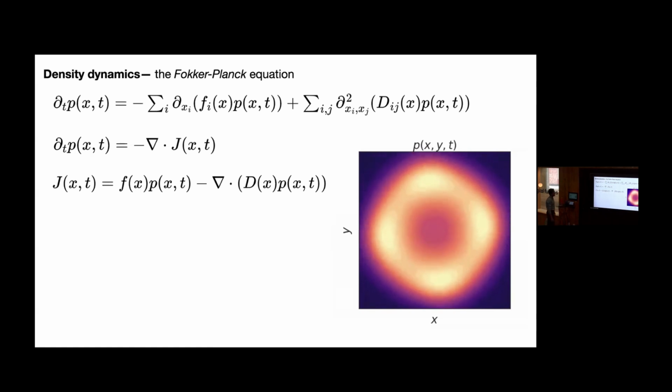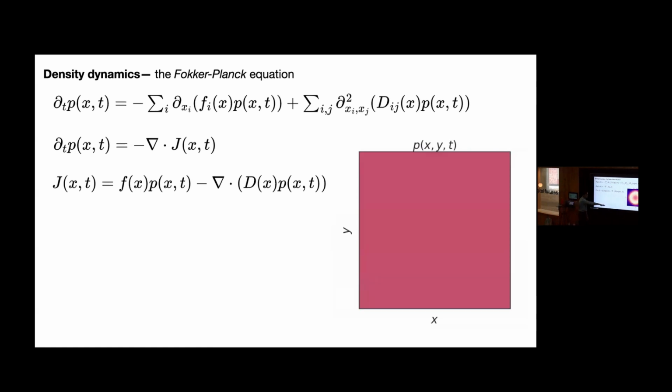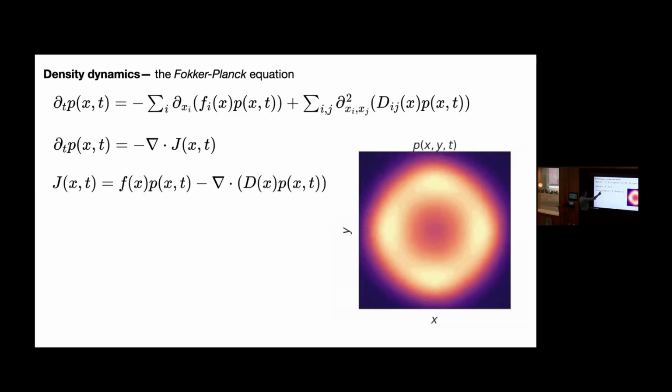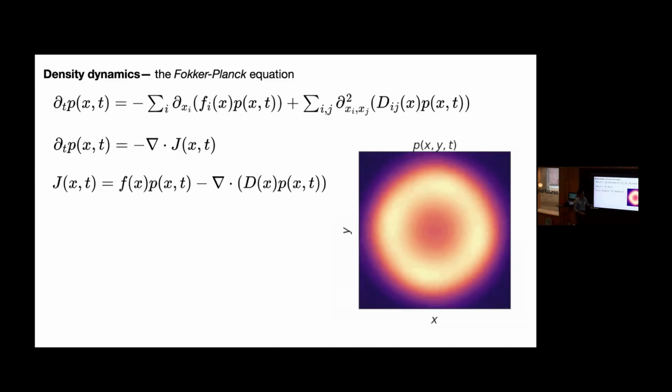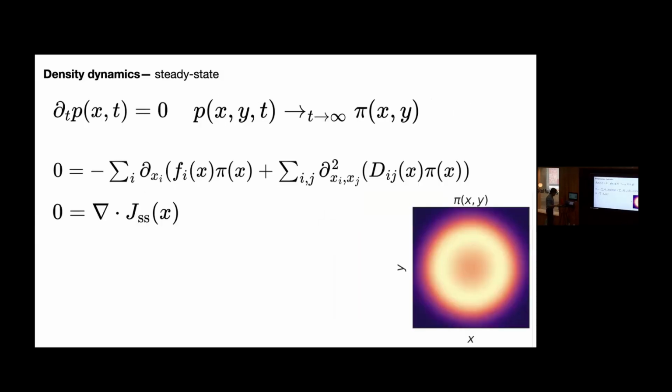Okay, so we're interested in steady state. So this is situations where this probability distribution is no longer moving. And that occurs when it's no longer changing in time. So when this is 0, which means that your flux has got to be divergence free. So that's a mathematical thing that basically means that this operation on it, something to do with its derivatives, is 0 everywhere. Okay, yeah, so your steady state is when this happens. And for some processes, this means that you're going to tend towards it, right? So then you have a stationary distribution that doesn't depend on time. So you can see here, it's actually going to look like a donut.